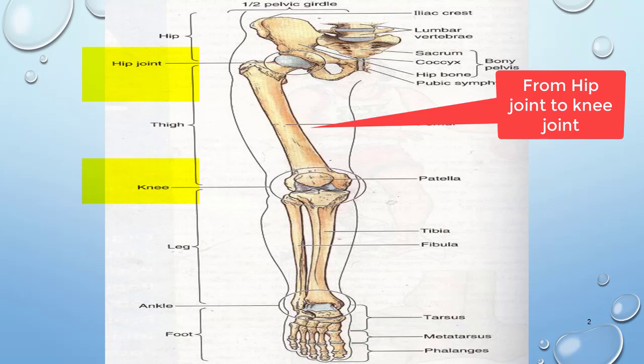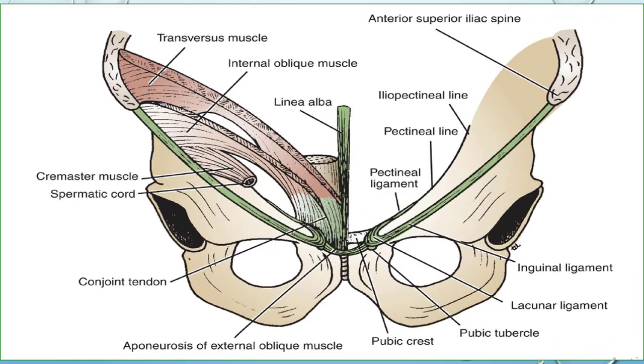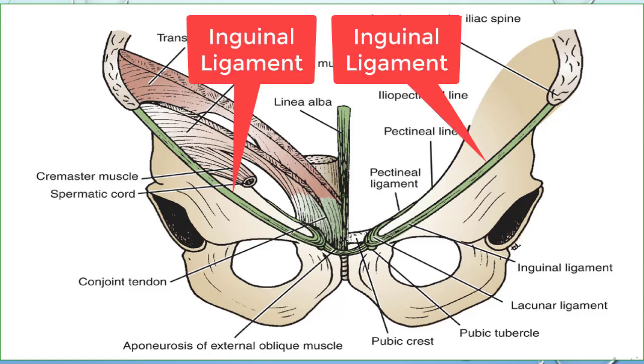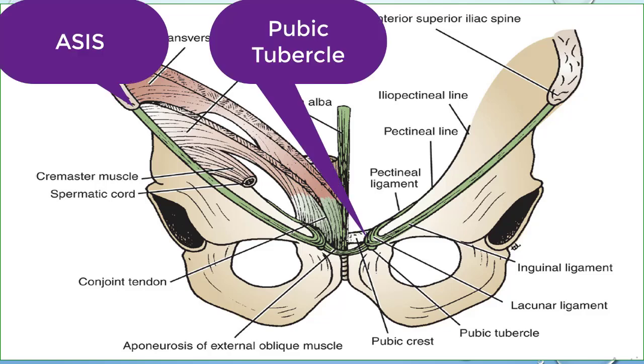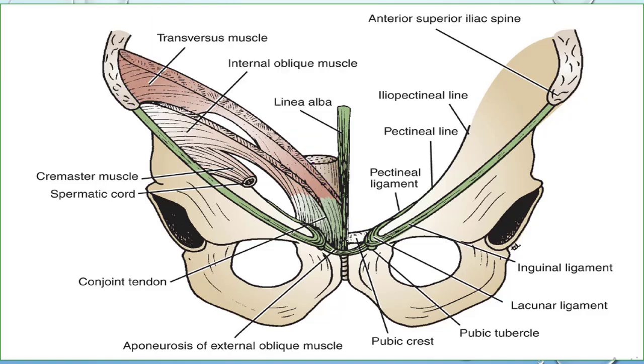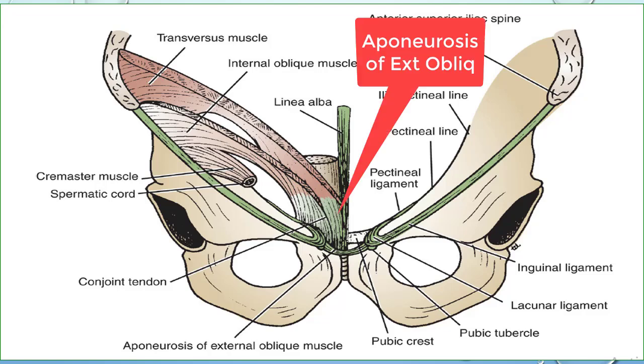It is very important to know about the inguinal ligament before going into detail of this topic. So what is the inguinal ligament? The inguinal ligament is also known as Poupart's ligament or arcus inguinalis. As the name indicates, it is a band of connective tissue that extends from the anterior superior iliac spine to the pubic tubercle. The anterior superior iliac spine is on the ilium bone, and the pubic tubercle is on the pubic bone.